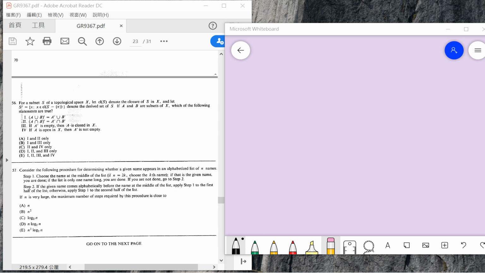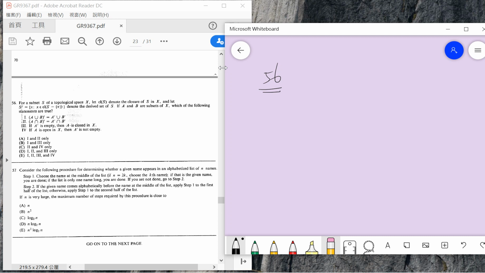Welcome guys. So here comes our math section, question 56. I think 56 is the second most difficult question in this exam, because it's asking about a set called the derived set. The derived set is